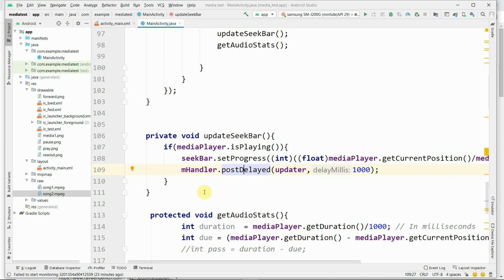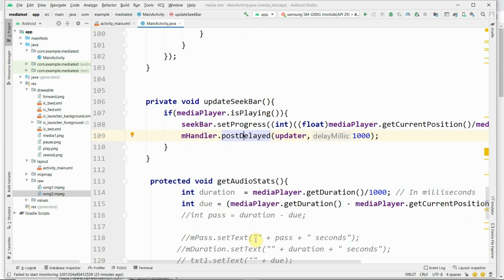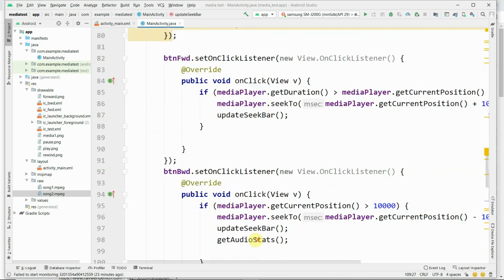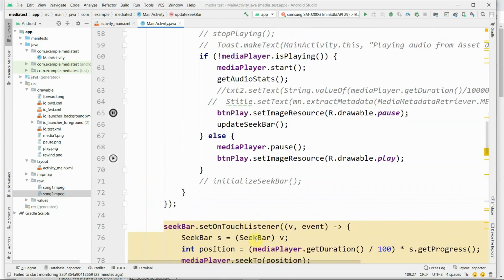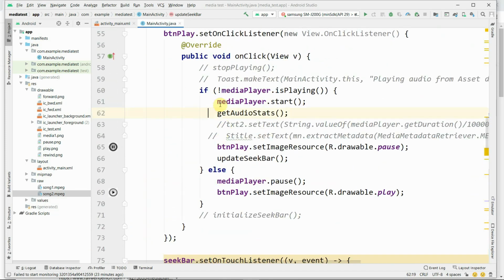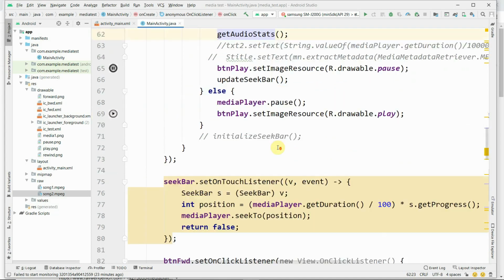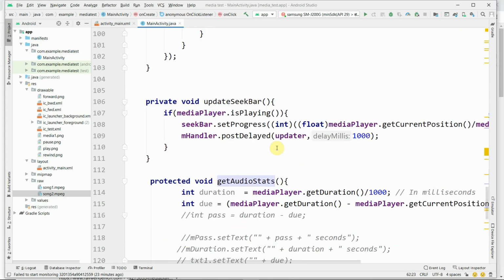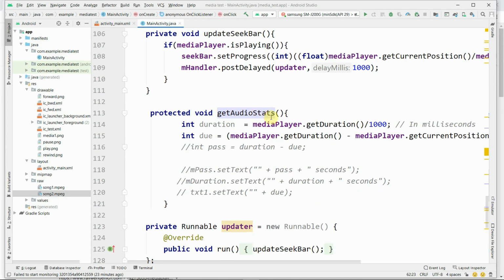The next one is getAudioStats, which we called here at the beginning, to get statistics of the audio. This is a user-defined function and it is defined like this.